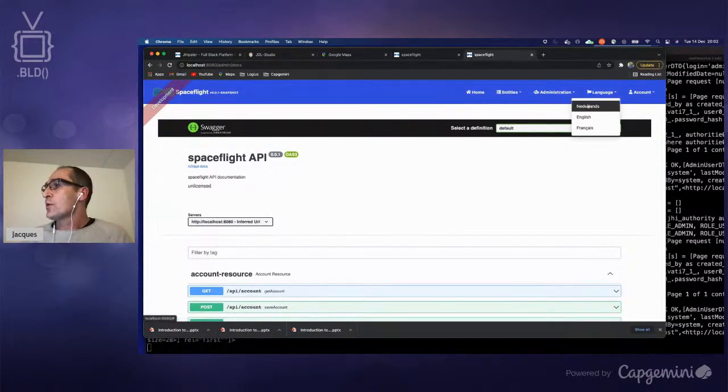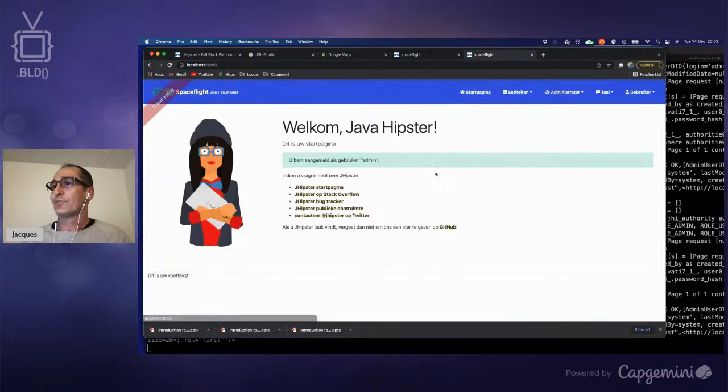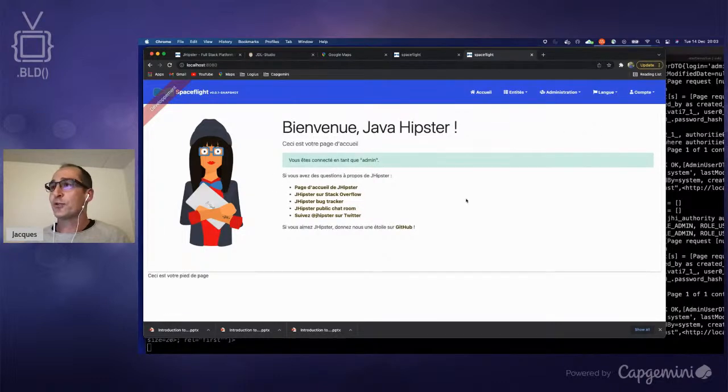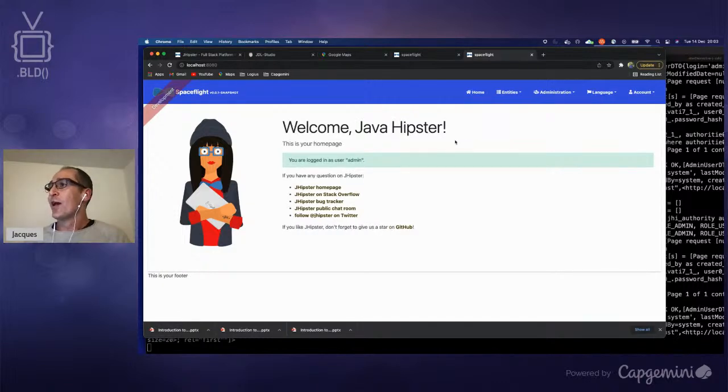What I want to show you here is also the support for language. If we switch to Dutch, the whole application changes. If we switch to French, there we go. Very funky. And let's switch back to English. What I want to show you as well,